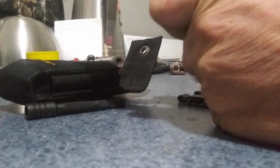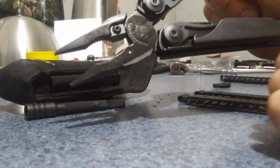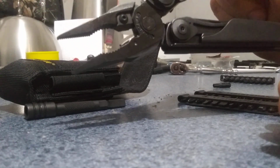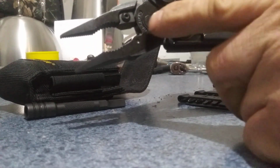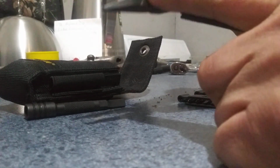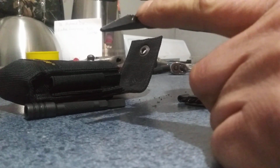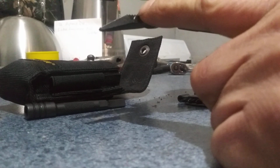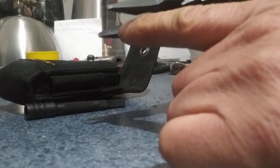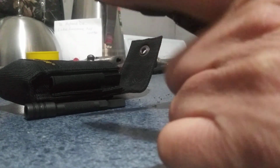We'll start with the pliers. A lot heavier than the Leatherman Wave. Got the replaceable jaws, good serrated pliers for gripping and turning fasteners, needle nose with good serration to grip, bend,